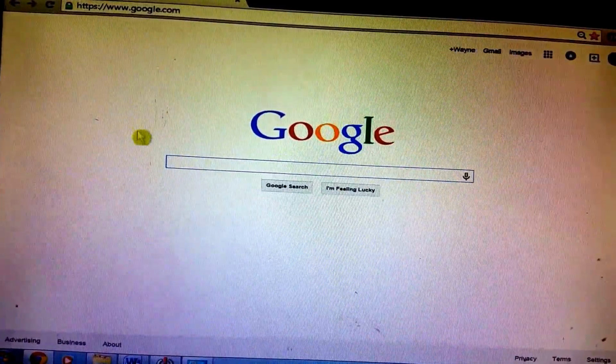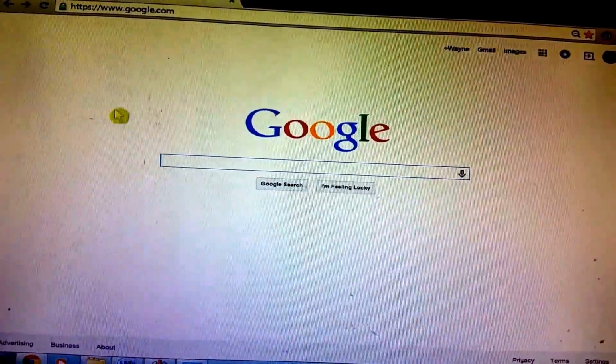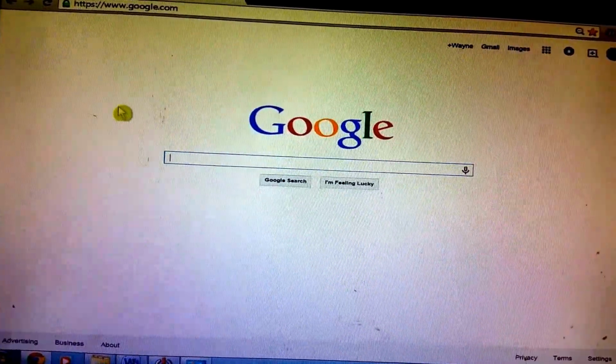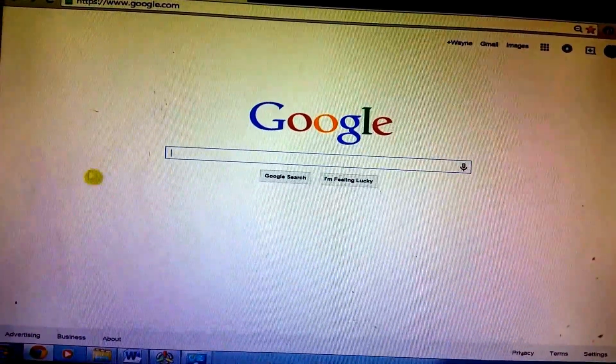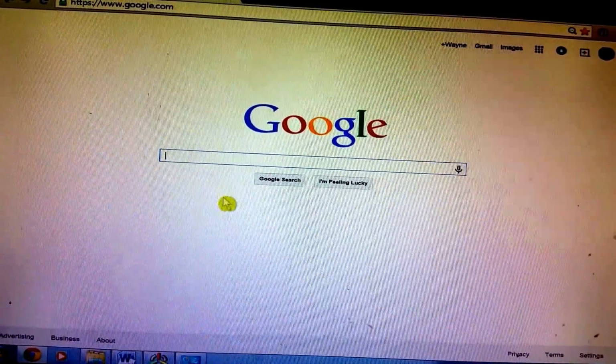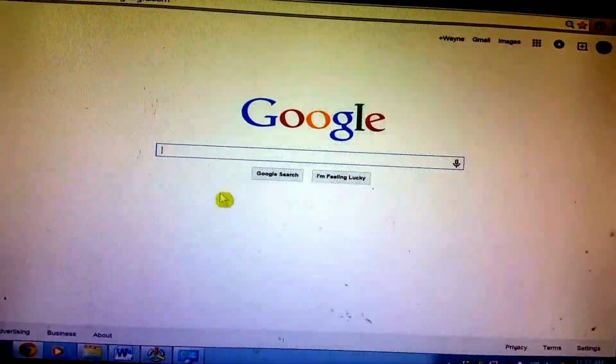Basically, you're going to start out with a Google search just like this right here, and we're going to type in the very first basic one. Google's going to know your IP address, so they're going to know that your internet address that goes to your computer is in a certain zip code. So the first thing we're going to do is the most basic: we'll do locksmith,